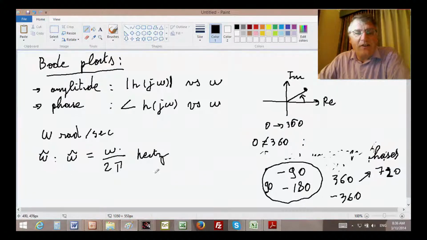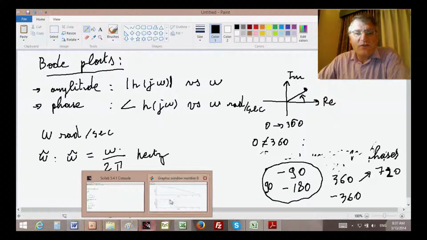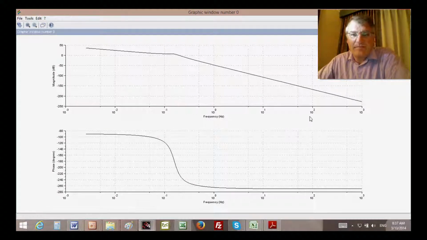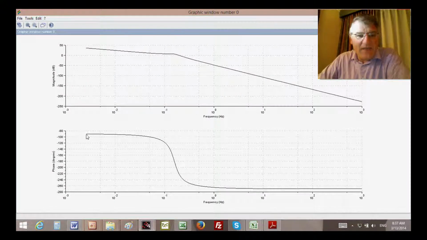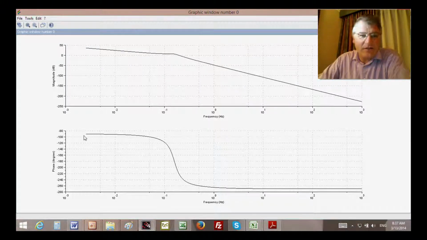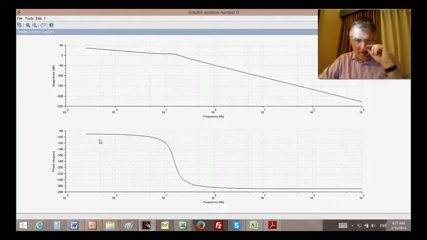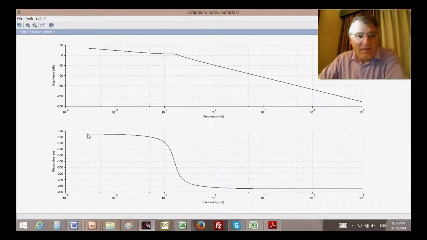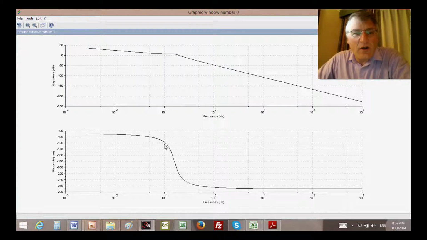So sometimes I will need to juggle between the two representations as I go from my derivations, which would be essentially in radians per second, and my plots, which will be essentially in hertz. Likewise, the phase is plotted as a function of the same frequency, also expressed in hertz. And what you see is what I was indicating, which is that we have unwrapping on the phase, which starts at minus 90 degrees and eventually drops to minus 270 degrees. So all this looks good,